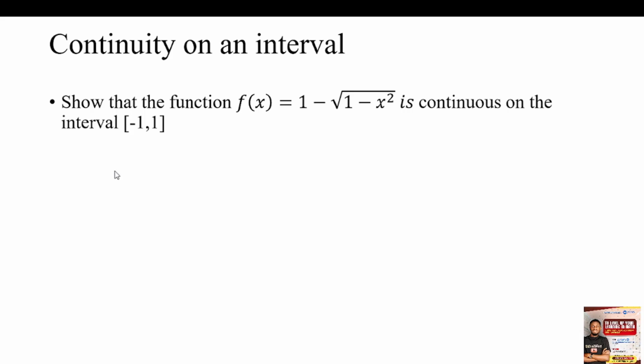So the first step is to check the domain, and the expression under the square root must be non-negative. And so 1 minus x squared should be greater than or equal to 0. So solving this inequality gives us 1 is greater than or equal to x squared, or x squared is lesser than or equal to 1. Now, when we take square roots on both sides, we are going to have